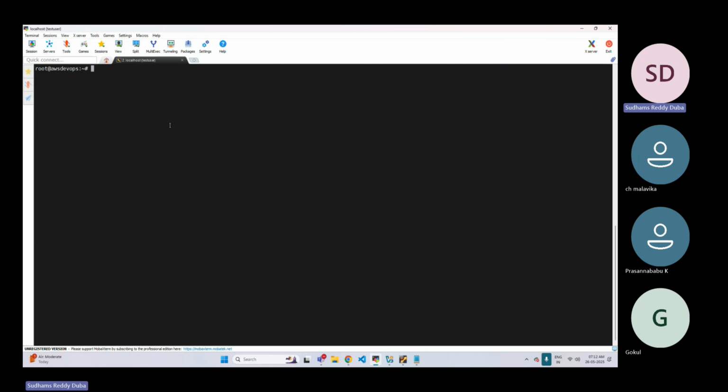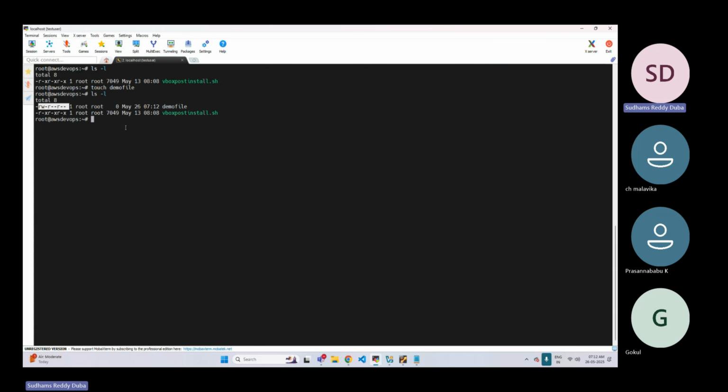All these are removed. Now let me create one file. Touch, let us say demo file. I have not allocated any permissions, just I have created a file. My operating system will create this file in the location what I specified and it will get saved in the disk. Now those permissions which it will allocate is by default.